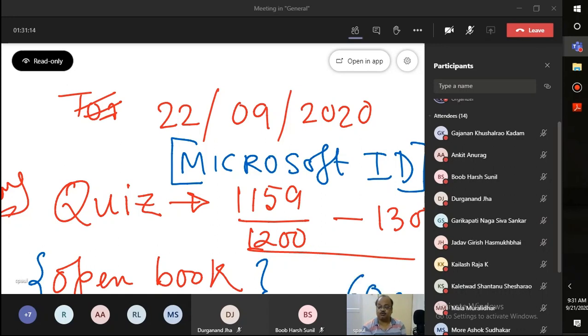I am planning to conduct 6 to 8 such quizzes, and they would have maximum weightage towards your grading, and there would also be some assignments. They would also have some weightage. Assignments should be 2 at maximum. So whatever marks you get, say out of 1000 or out of 900, that would be used for grading. There would not be as such any test. Most of my quizzes would be 1 hour or half an hour, so they would be rather long quizzes.